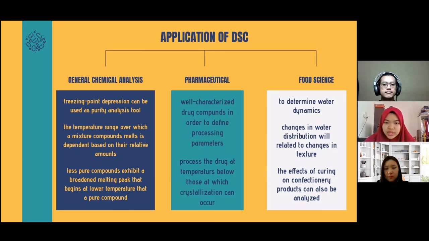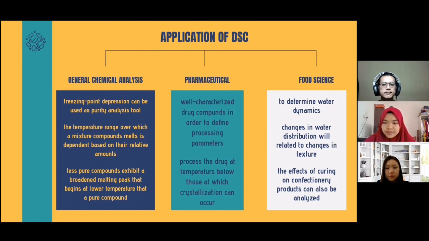The second one, in the pharmaceutical field, it is well used to characterize drug compounds to define the processing parameters, and also to determine at which point crystallization can occur. In the food science field, we can use it to know the water dynamics, as change in water distribution is also related to change in texture, and